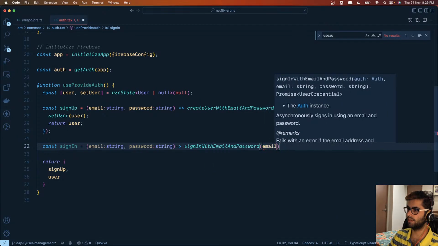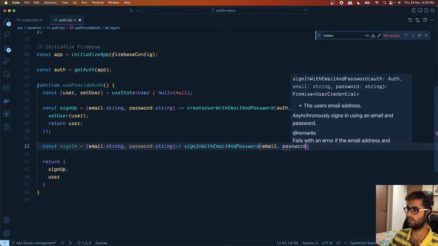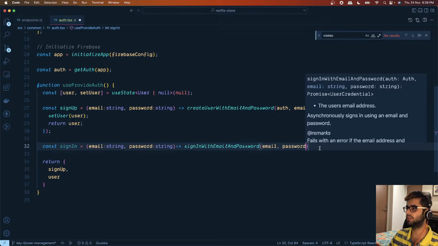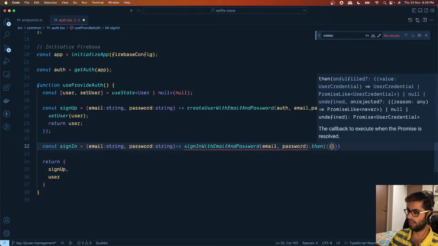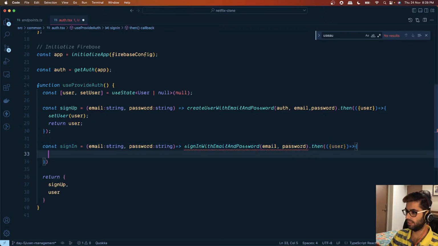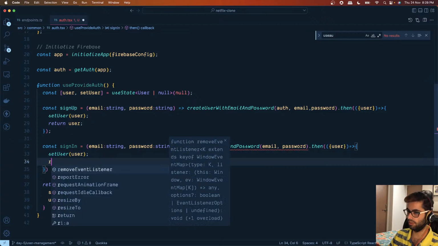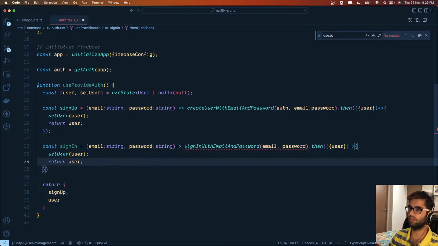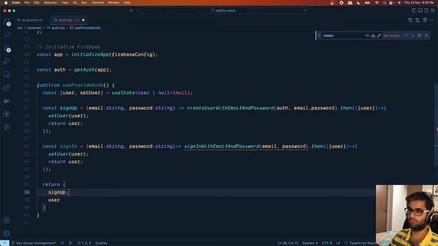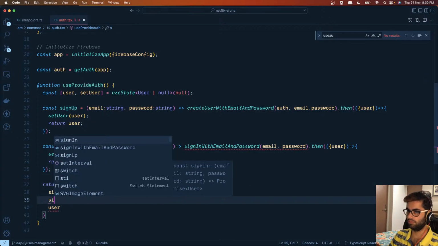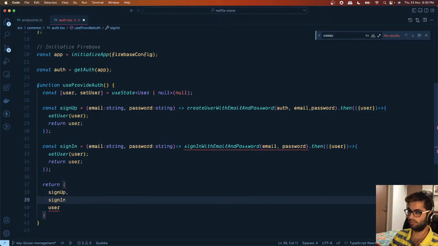We'll pass the email and the password that this function receives, and once the result is available, we should get a user object, and we will say set user with the user and return the user as well. All right, so sign up, sign in,